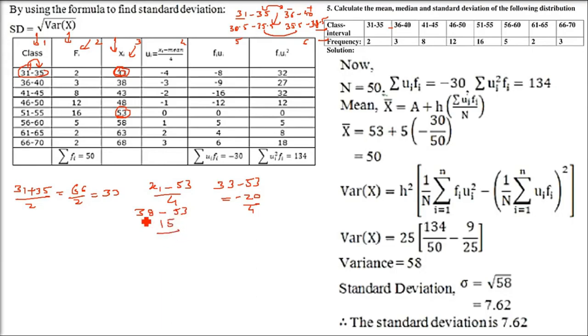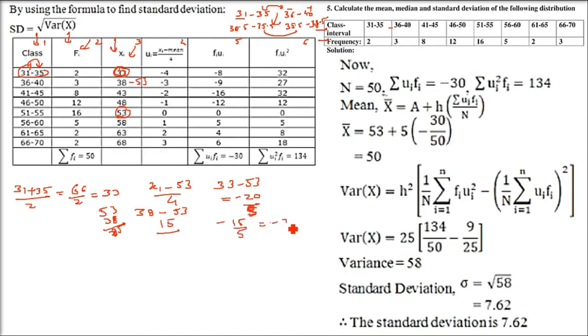This is how we take h. So 53 minus 38, as I said, is going to be 15. Divided by 4 won't work. Divided by 10 won't work. Divided by 5 will work. You can check it for any other value also. 43 minus 53 is minus 10, so you can divide it again by 5. So we are not going to divide by 4 or by 10. We are going to divide by 5. 5 is the ideal h which I can see here.